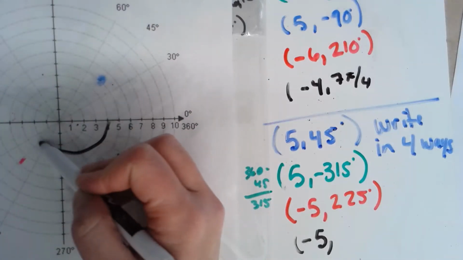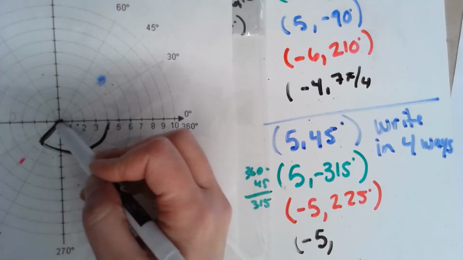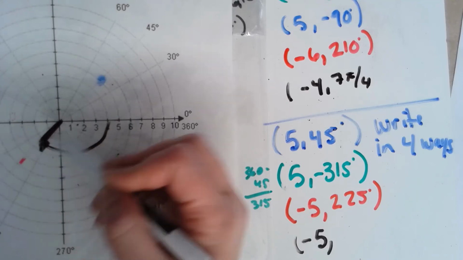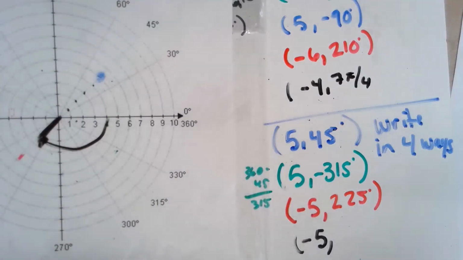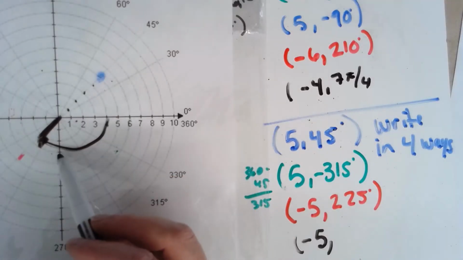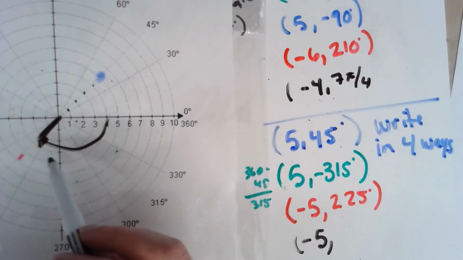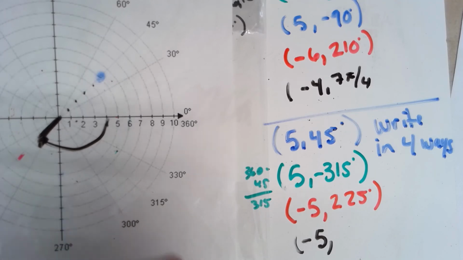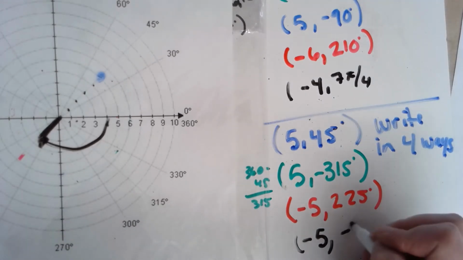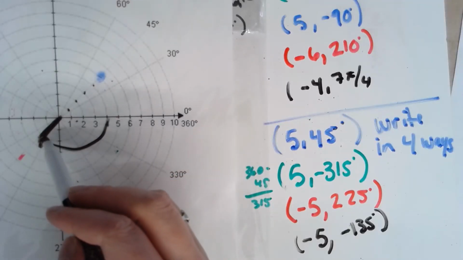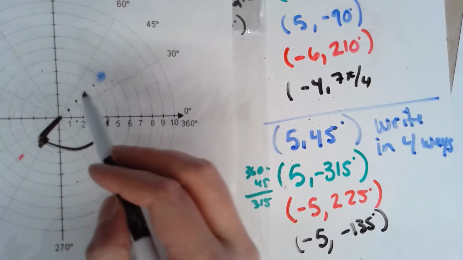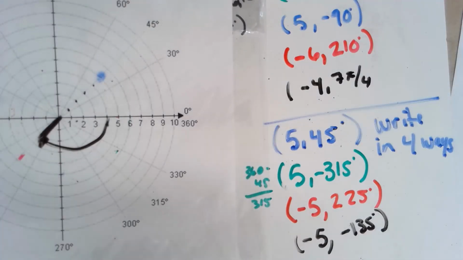We want it to land on this line or this position. And then we're going to walk back 1, 2, 3, 4, 5. So we want a negative 90 and 45 more. So that would be a negative 135 degrees. So if we went negative 135 and then walked backwards 1, 2, 3, 4, 5, we would get to